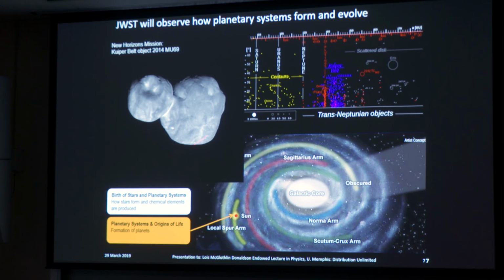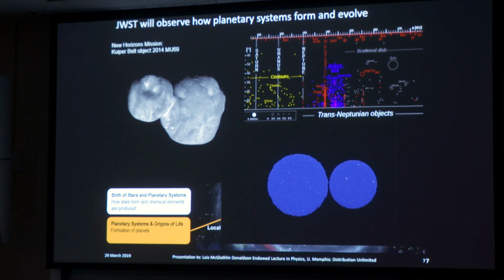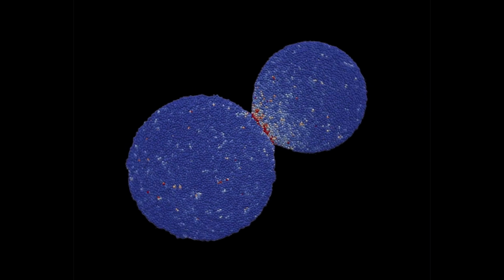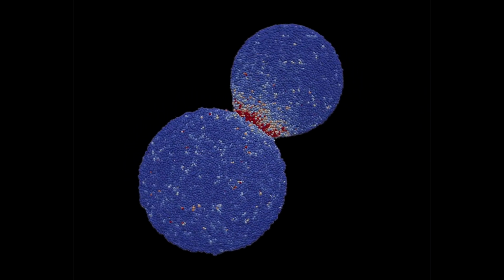This is of great interest because one theory of how planets form is that planets formed by agglomeration of chunks of material like this. This is the most distant object that humanity has yet explored by actually going to it and looking at it. So it was a remarkable achievement that we were able to do that. And we're still figuring out what we've learned from the imagery on this.